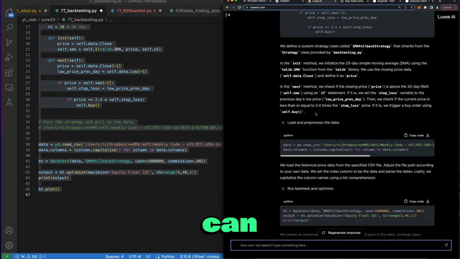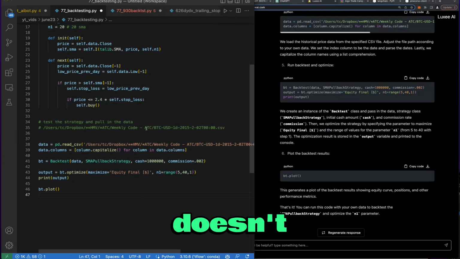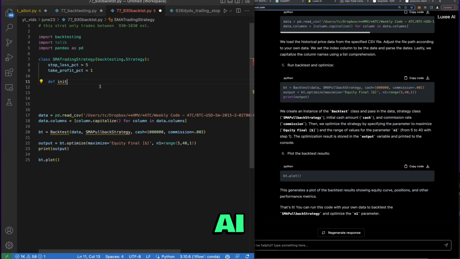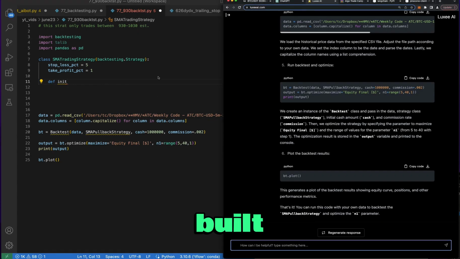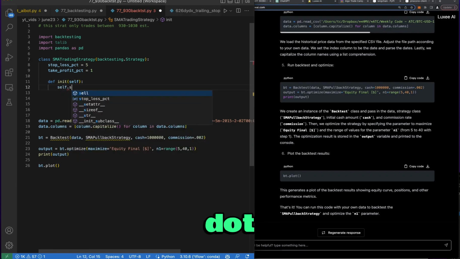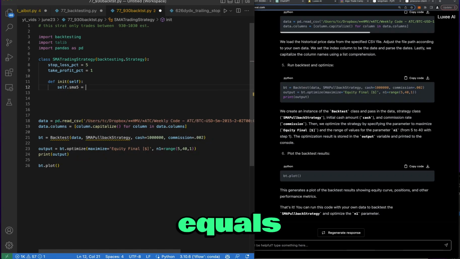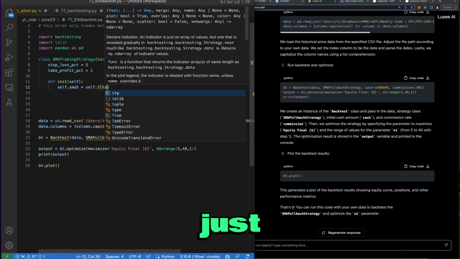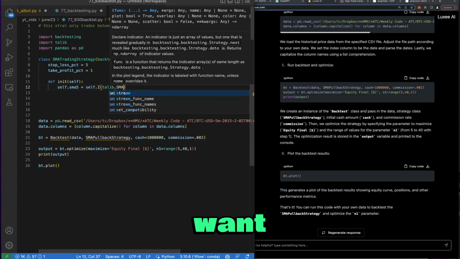So you can see you can have everything explained through AI. It doesn't matter whatever you use. AI is AI, essentially. They're all the same models. This one's being built for finance specifically, though, so that might be advantageous. But let's go ahead and pass in self. And then we'll say self.sma5 equals self.I, and then we'll just tap into TA-Lib and say, hey, we want the SMA. Thank you. And then we'll say self.data